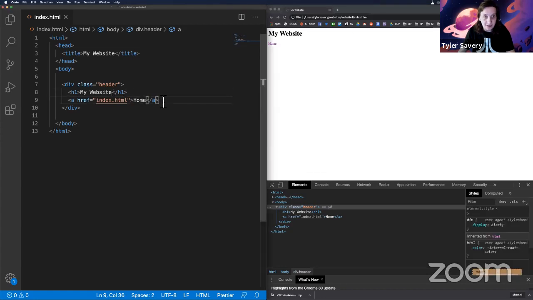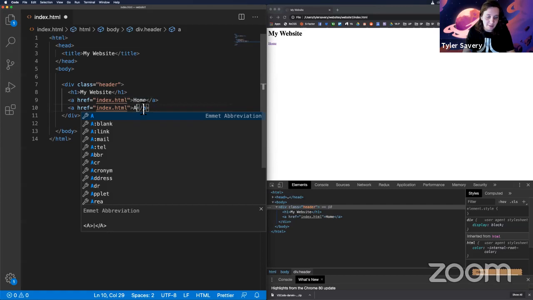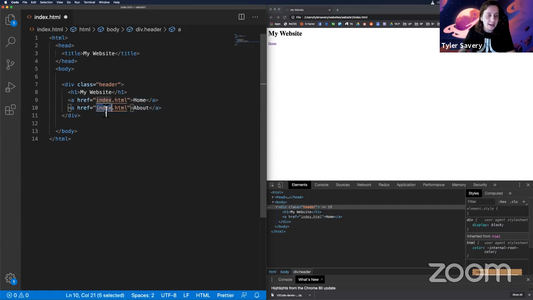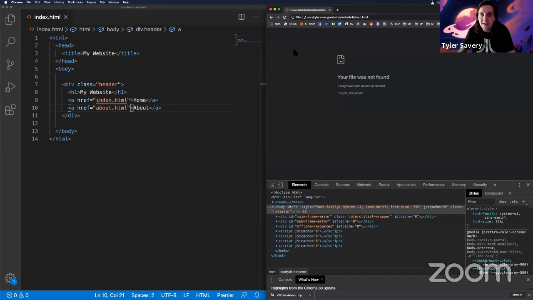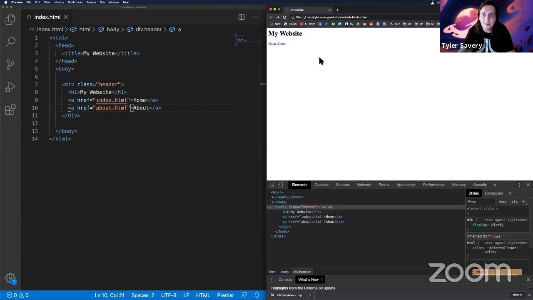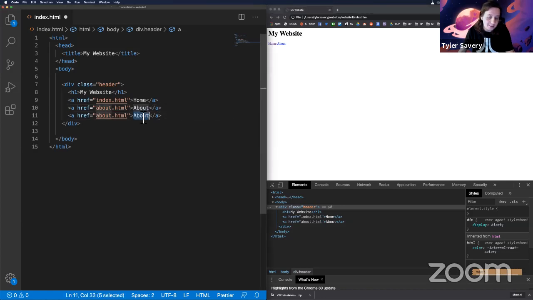I might also have some other links. Maybe I have an about page, and I'm going to call this about.html. And we'll click that, and there's my about. Now, if I was to click about right now, it's going to throw me an error because we haven't made that page yet, but it's there for the future when we're ready. And let's make a page called gallery,